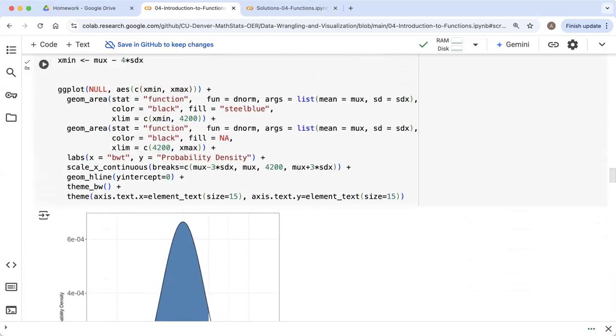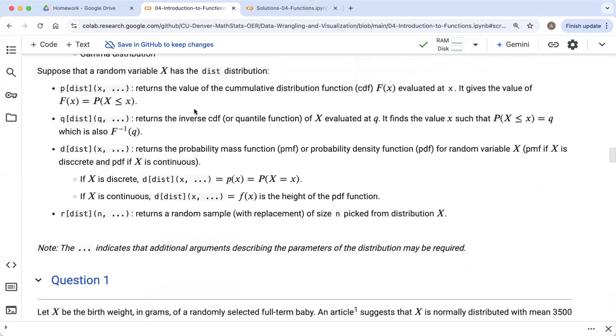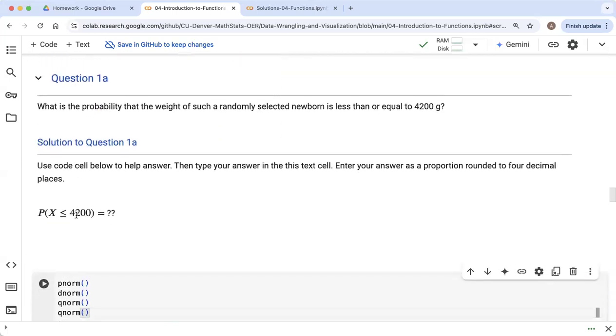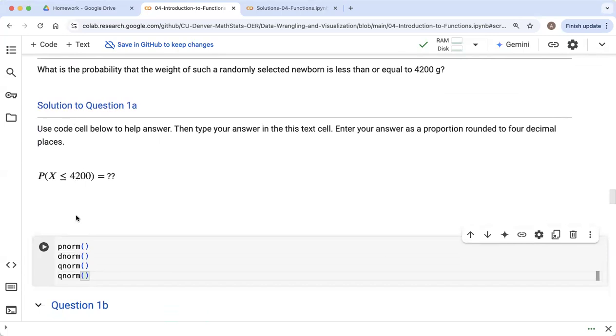So this is what I was kind of talking about up here when I said there's p dist, q dist, d dist, and r dist. Dist would correspond to the distribution that you're working with. So in this case, our random variable is following a normal distribution. So I'm using norm for the distribution. If it was a